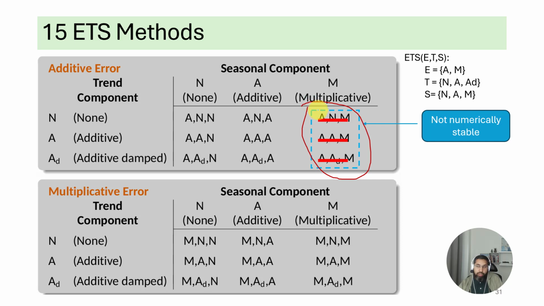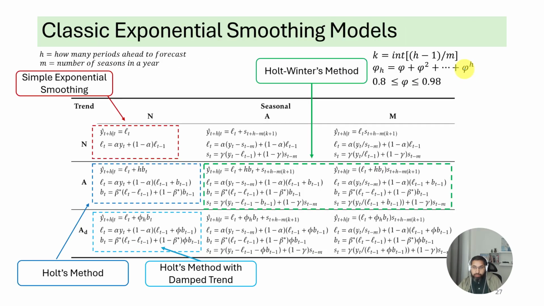to be used. I mean, you could try to use them because sometimes they're not numerically stable, especially if you have very small sales values, or zero sales, if you have zeros in the data, or small values. Sometimes the multiplicative seasonality, the seasonal index becomes close to 0, and because you divide by it, your estimates blow up. So sometimes these are not numerically stable, because if you look at the equations here, see, multiplicative seasonality. See, you divide by the seasonal index here. See? You see this division?